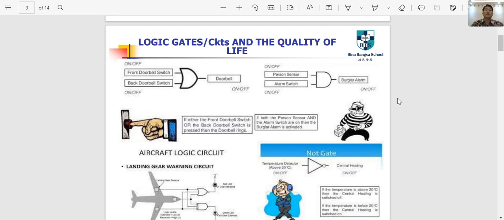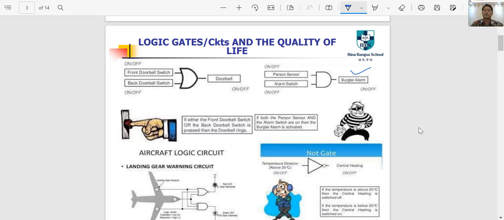Okay, there are even some homes or houses that we call intelligent houses. They're actually equipped with many sensors. That is just an example of what we call a burglar alarm, and that is with the implementation of logic gates. Next up here is that, of course,